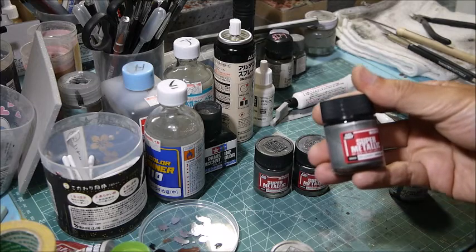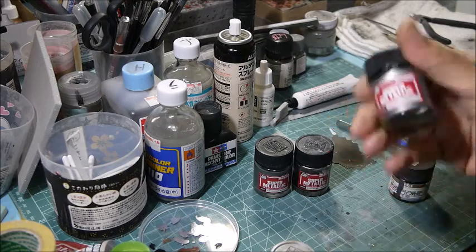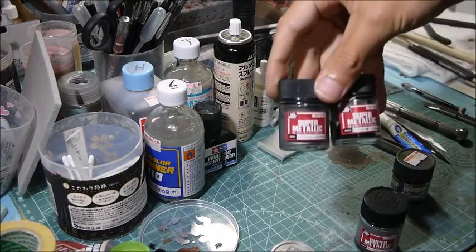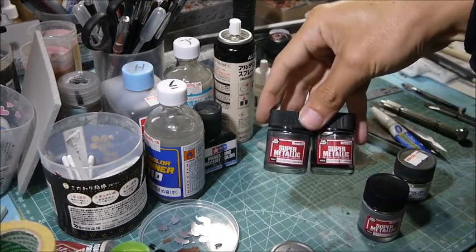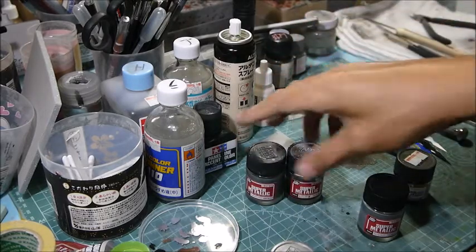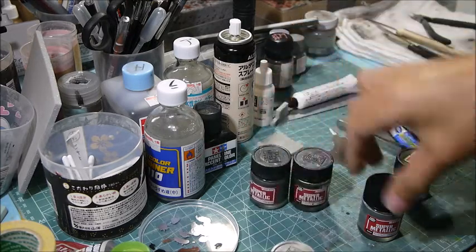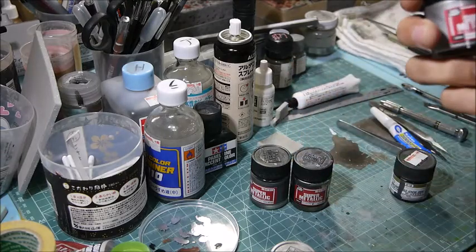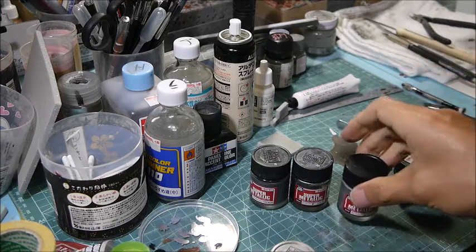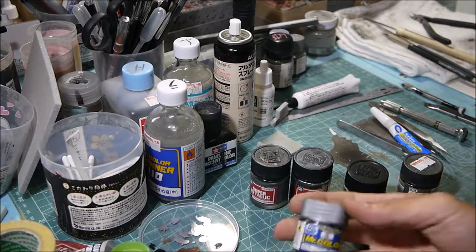This is, I think, 800 yen in Japan, so it's close to maybe $10. This is very expensive. And this one is a little bit cheaper than this one, but I think the quality of the metal surface is, I think, not as shiny if I compare it with this one. This one is very expensive but very shiny. And I cannot tell you which one is best for metal expression, but if I'm using this one,